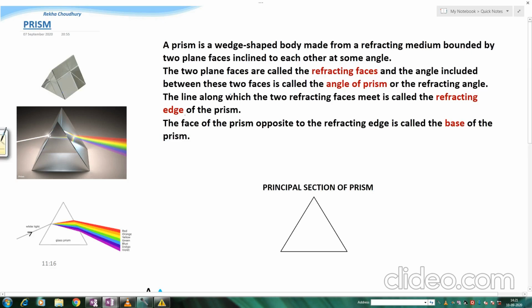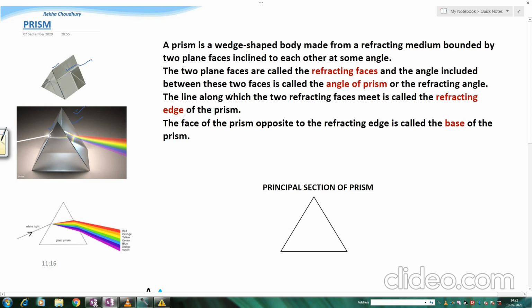Here in this video we will learn about the prism, its different parts, different uses of a prism, and also refraction through a prism. A prism is a wedge-shaped refracting material. Basically it is made of glass. Here the two faces inclined to each other at a certain angle are called the refracting faces of a prism. See, these two are the actual shape or actual picture of a prism.